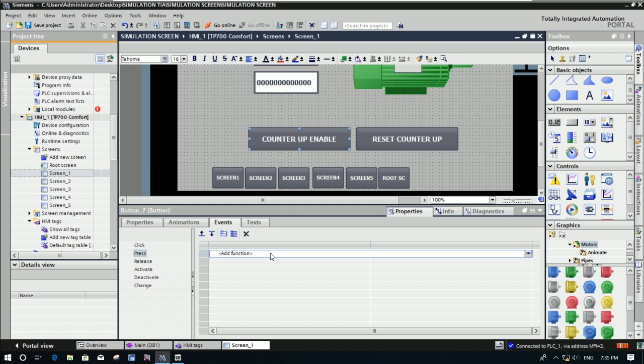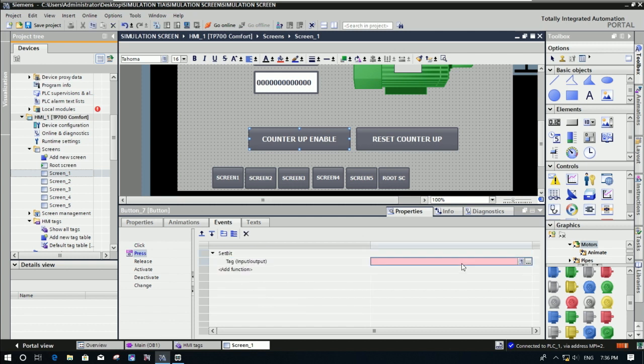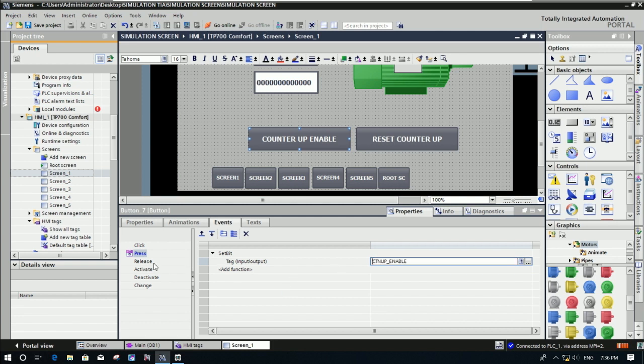So when we press the enable button, it will set the bit, right? So set the bit counter up enable. So here we can choose counter up enable. Where is the counter up enable? Yes, this one. And when we release the mouse, we can reset the bit,